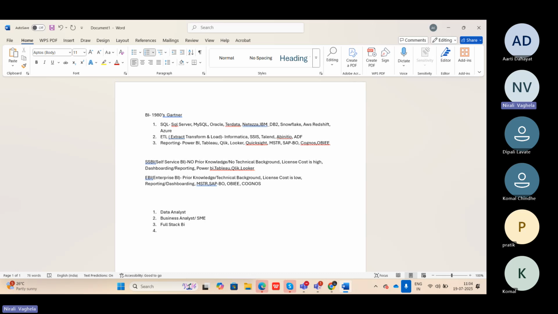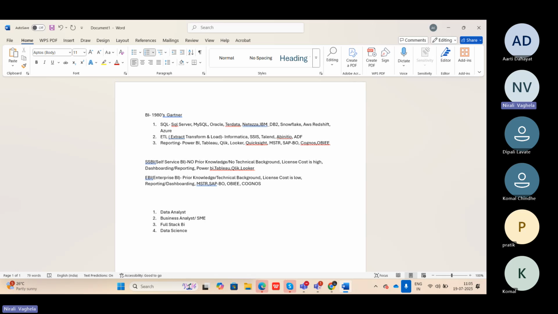if you want to go on a more technical side, the next step of BI is data science. Because a reporting team will always work as a reporting team, but they also work with the data science team as well.